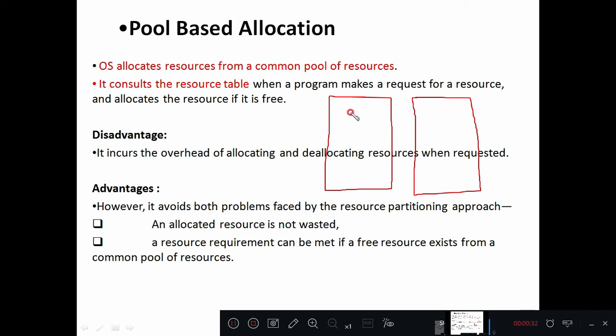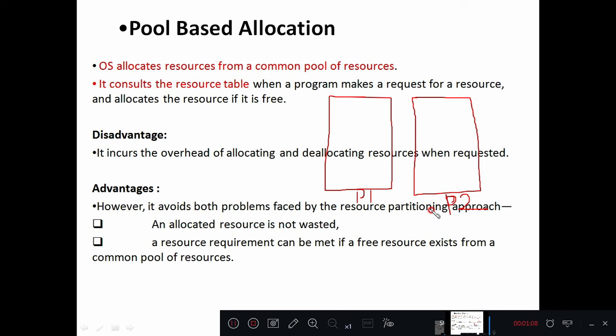So in case of partition based allocation, it will put resources and make its own decision, and whenever the user requests any kind of resource, it will allocate the entire partition to that particular user program, right? So partition 1, partition 2, all these partitions will be allocated as per the user requirement. But what are the advantages of that resource allocation? It is very simple and has less overhead, but the very important point is that resources will be wasted.